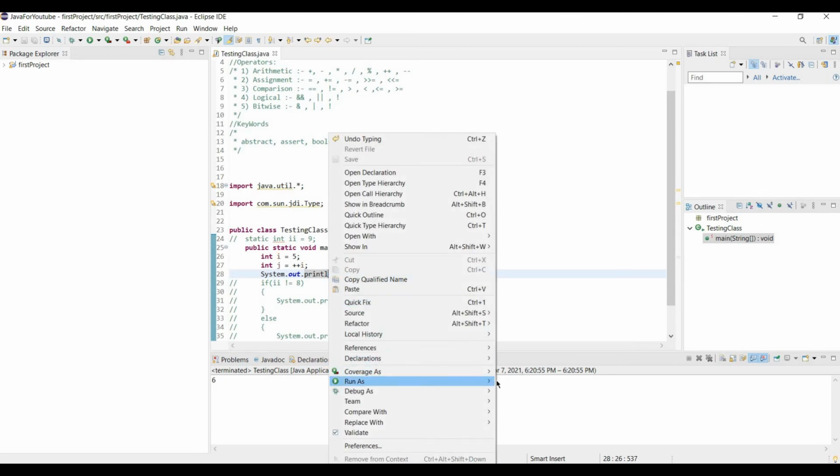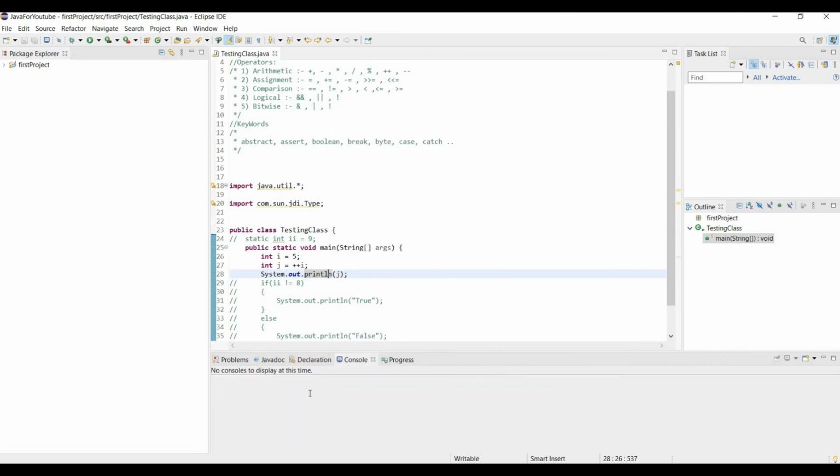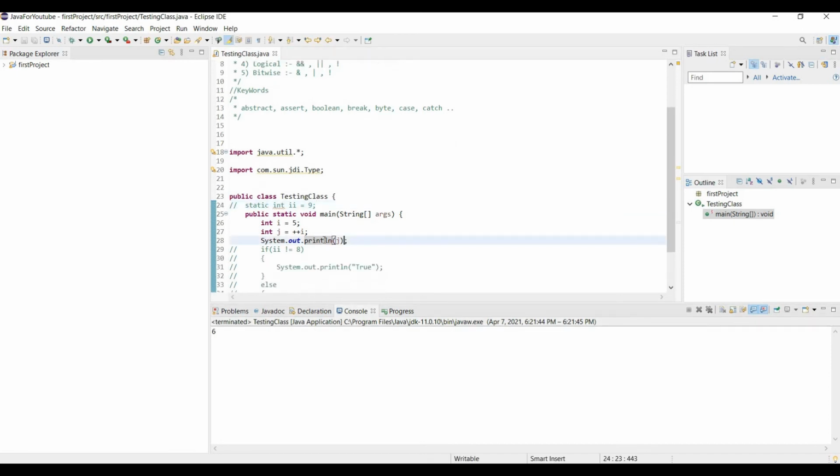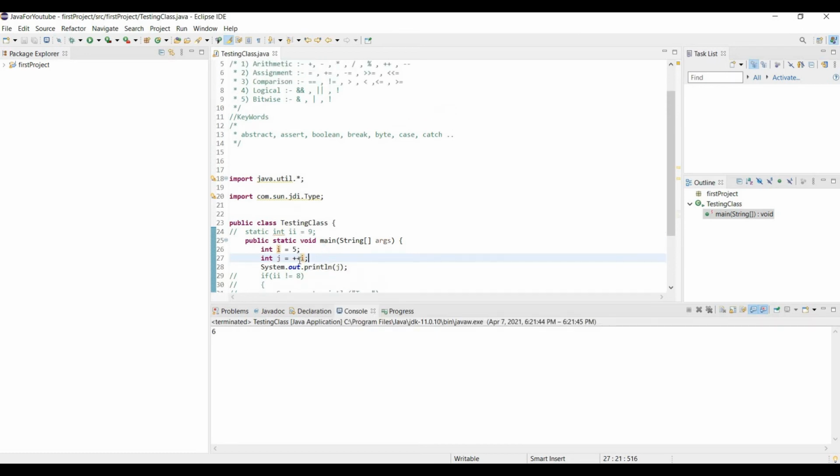Okay, yes, here is 6. You can see the output here. So this is plus operator, increment operator, sorry, pre-increment and post-increment.